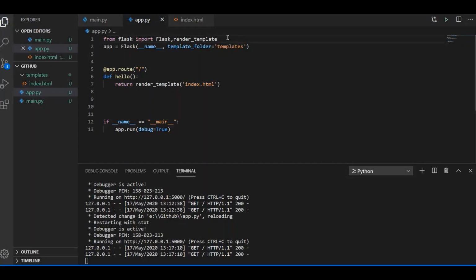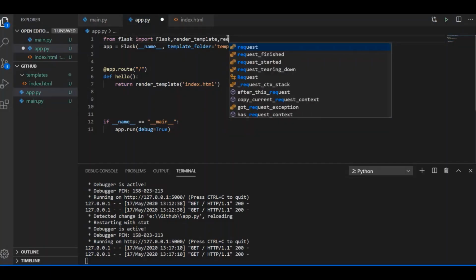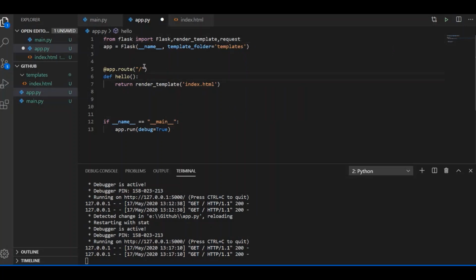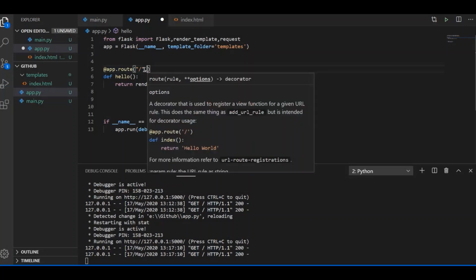So for that I will import request first of all, and this is the decorator app.route, and this slash is called the point to access that web application. And here I will have to pass the list of methods, that is GET and POST.